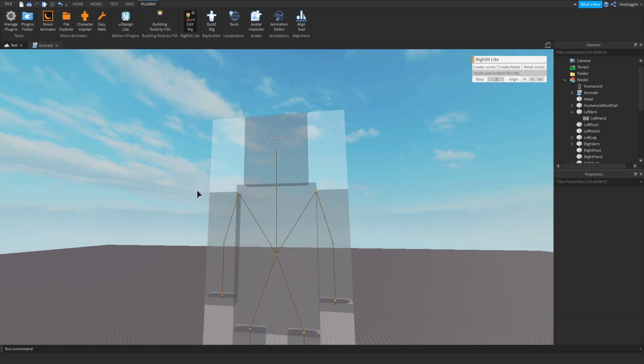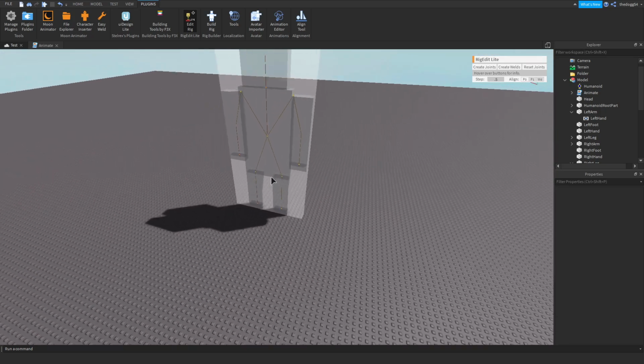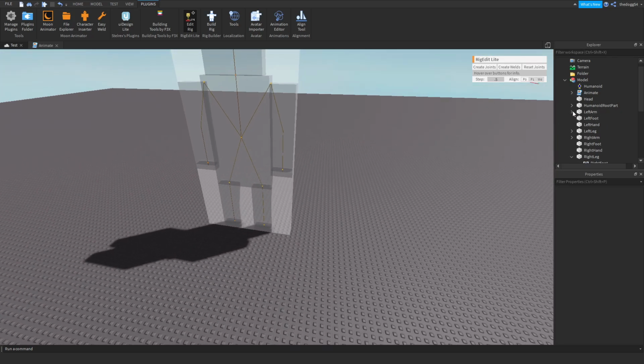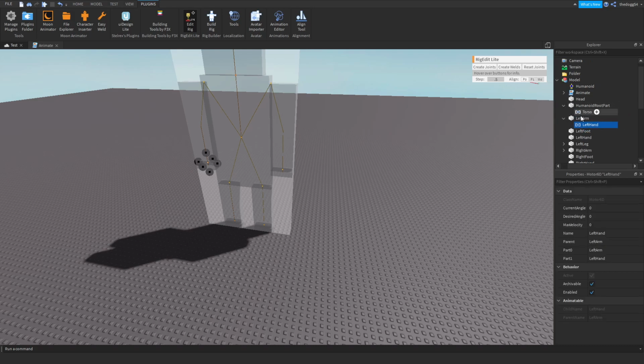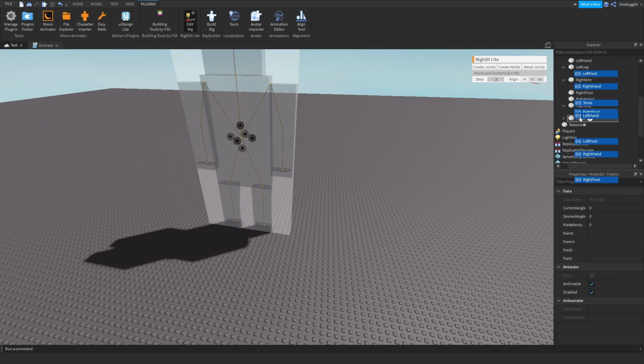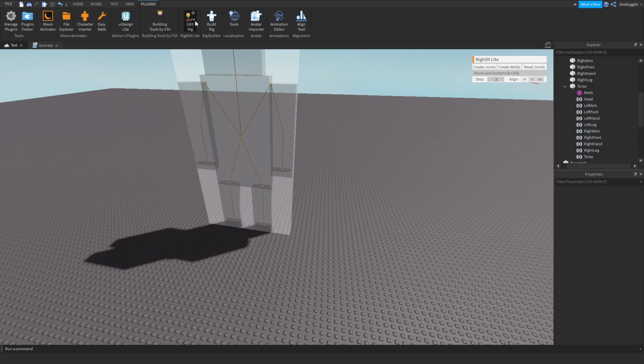So, head's rigged, everything's rigged. So yeah, we're done rigging for now. We just need to move everything to torso. Not the actual items, but like, it's really easy to code it if we just have all of the Motor6Ds in the torso. I know it's confusing, but it'll make sense when we code, and I'll explain to you why we do that. And yeah, so now we can go into Rig Editor,